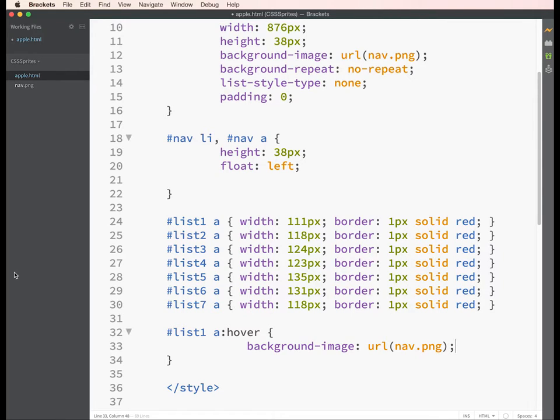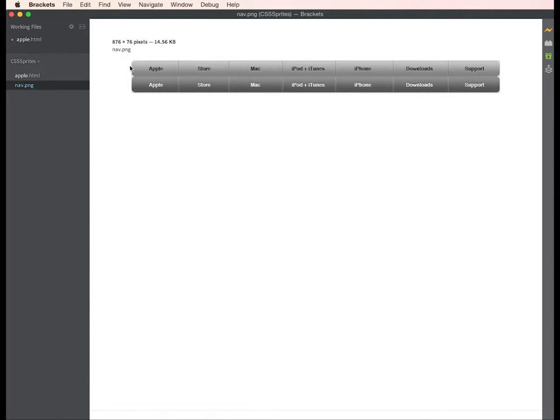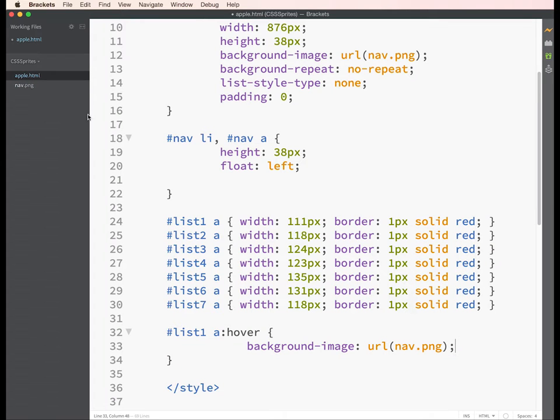If you remember, taking a look at it, here's our image, and the top part of this is our navigation, what we see currently, and below it are all the hover states, which are a little bit darker in gray, and the text is white. So what we're going to do is put that on as a background image on this particular anchor tag when we hover over it. So unlike the first image, which is on the list or the whole navigation, this background image is only going to be on the individual list item and anchor tag. So let's do background image, put the graphic there,